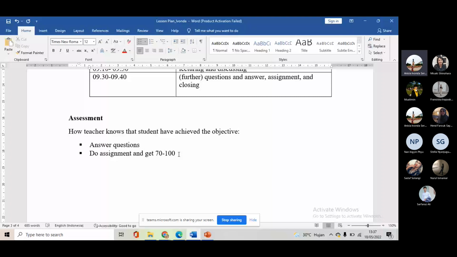A second. Do you see my screen right now, Ibu? Yeah. But about the Word PowerPoint or not? Assessment.